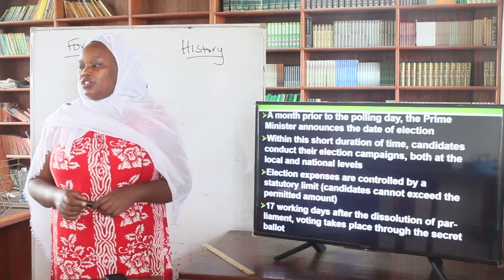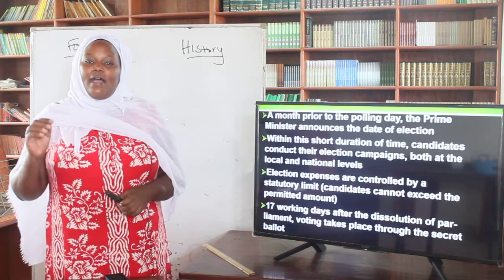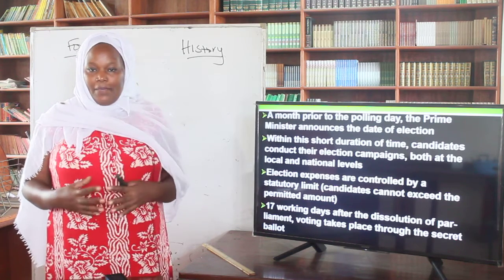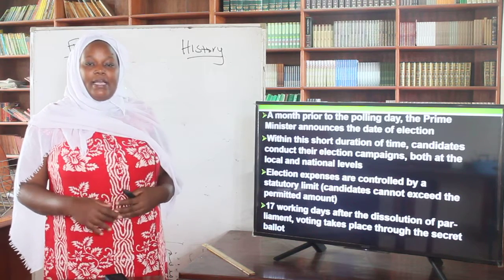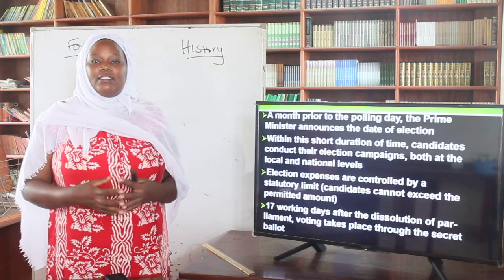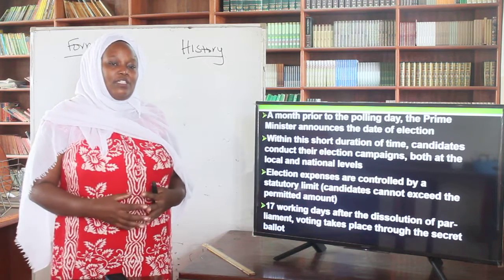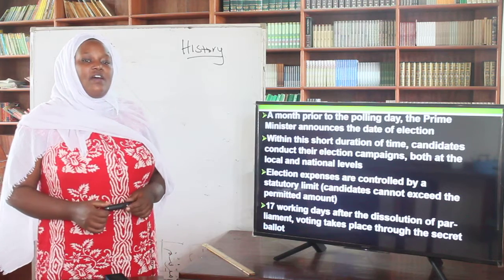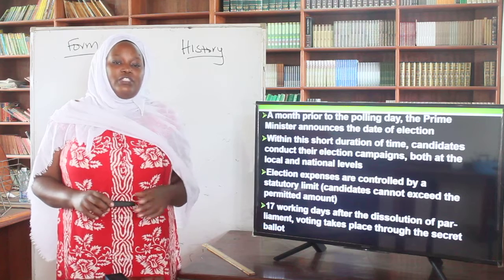So the election expenses are also controlled by a statutory limit, whereby a candidate is given a certain amount of money that they're supposed to use during the campaign. And if you go beyond that, it means that you have misused public money, and therefore their expenses are well coordinated and controlled. Therefore, a candidate cannot exceed the permitted amount of money. So they have 17 working days after the dissolution of parliament, when the voting takes place